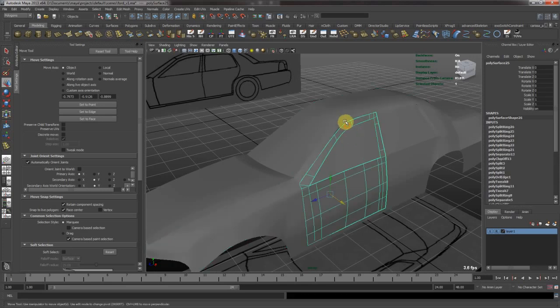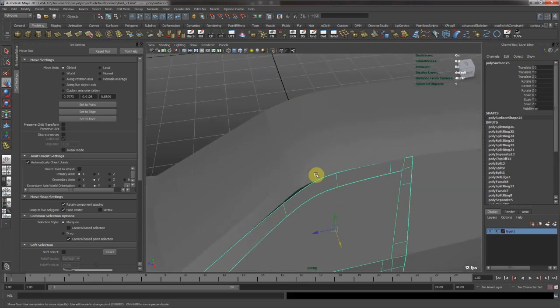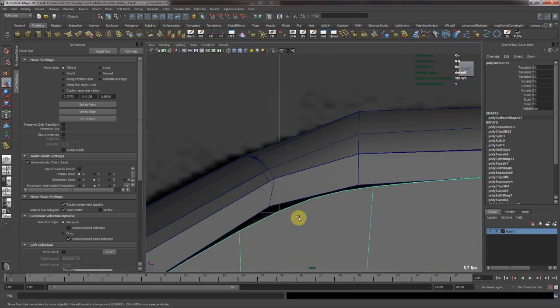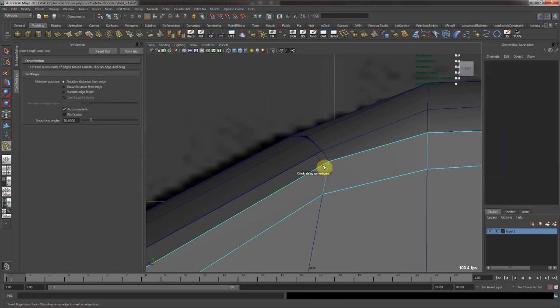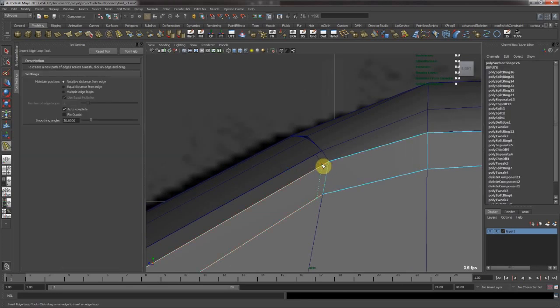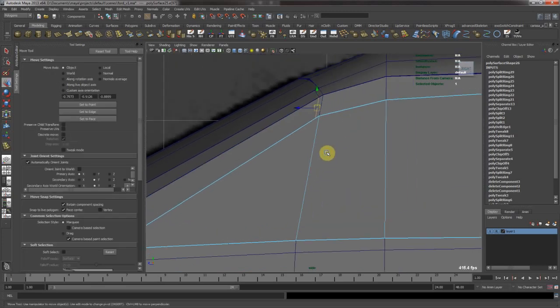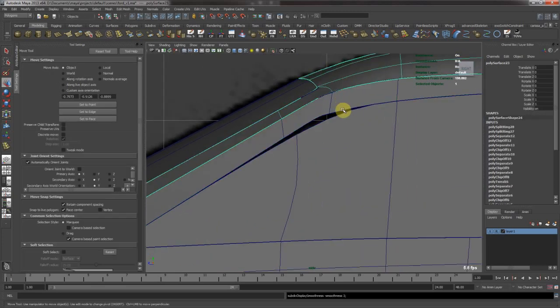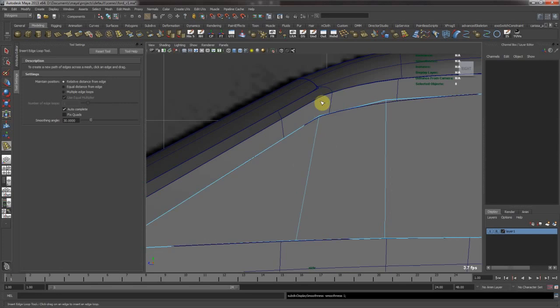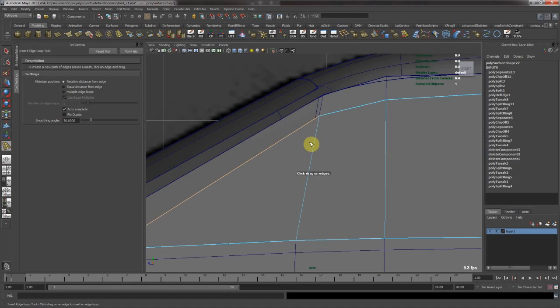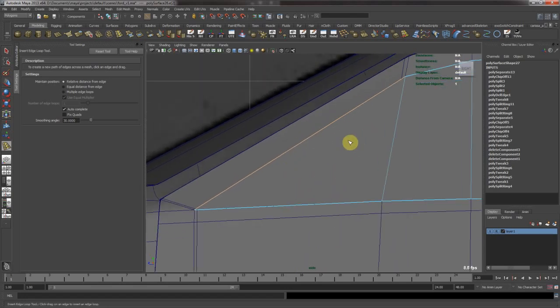And now we may need to keep this going for here, and I think also for the window. Yep. Since this is a triangle,